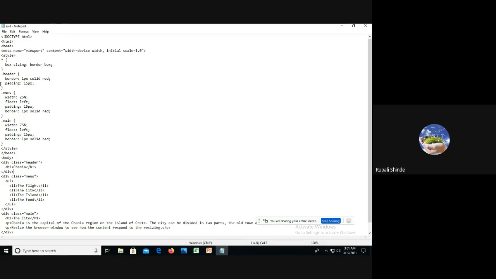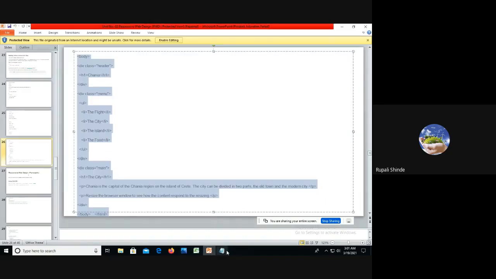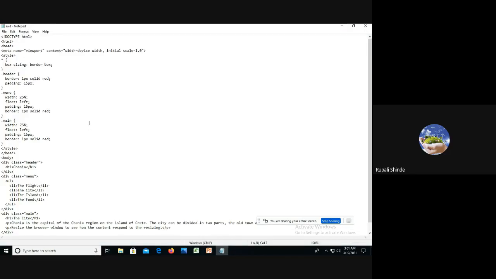Then we have a header, that means the first block. China is the header. So what we have to specify here: header, border is 1 pixel solid red.